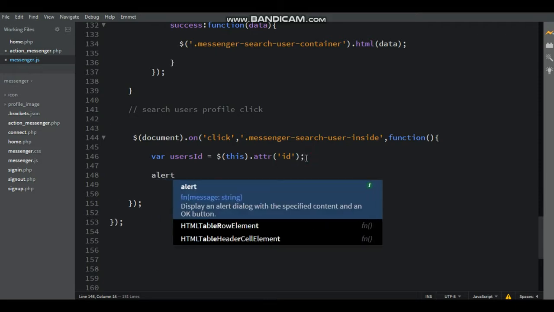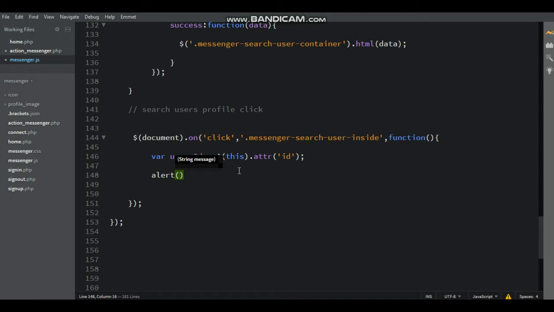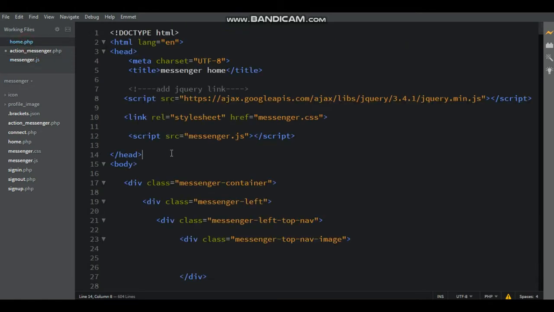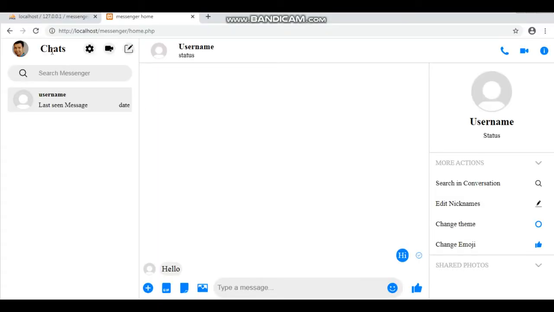Now alert, inside brackets, users ID, close with a semicolon. Here the messenger search user profile click shows the current user's search user ID.